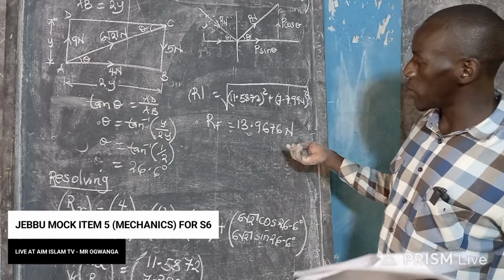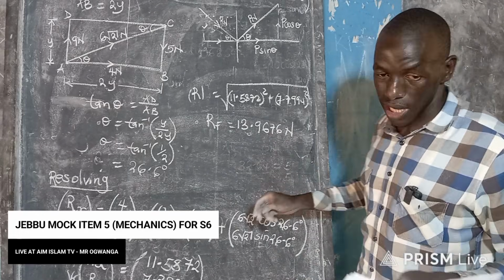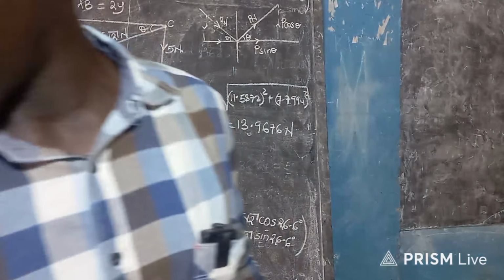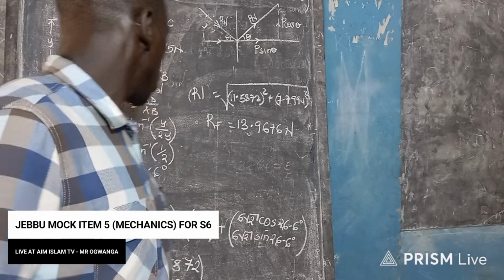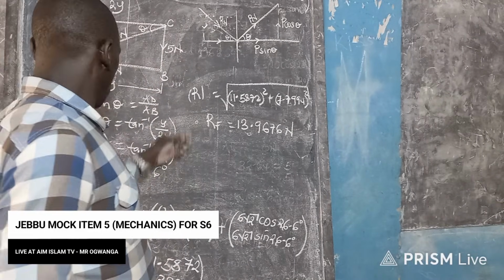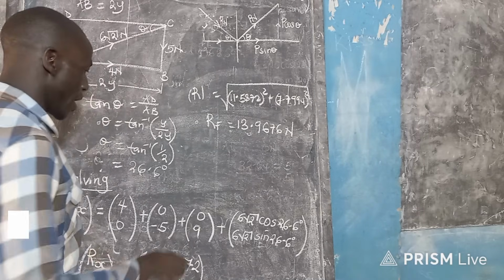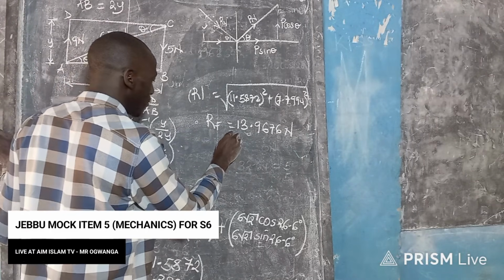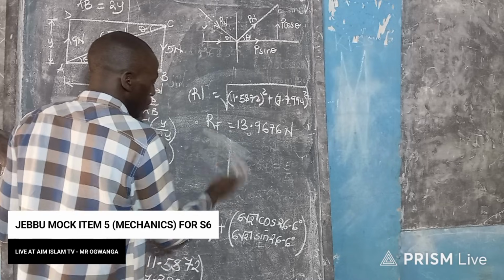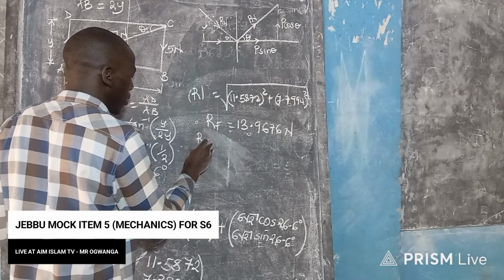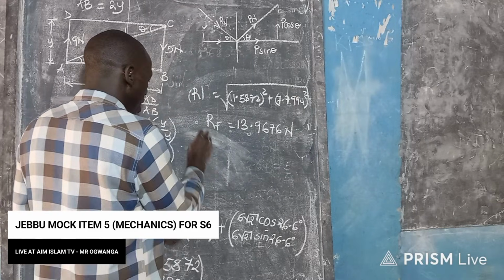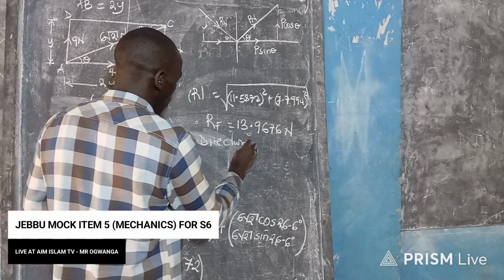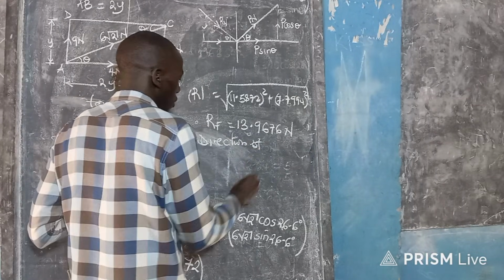Meaning this one here will be calling for the direction of the resultant force. Where in our direction, I will also be looking at what we are having, because when I'm inputting this, I'm not going to put them basing on the sign. So if I have the direction of the resultant one, direction